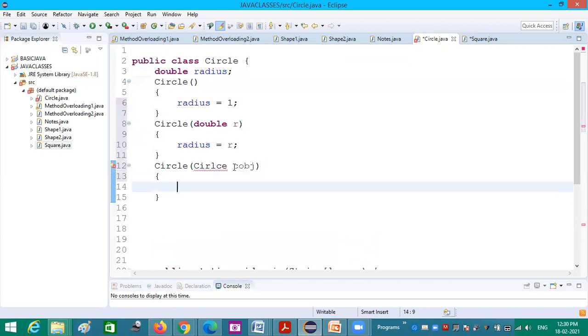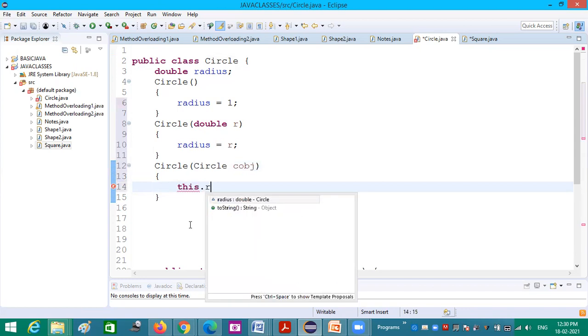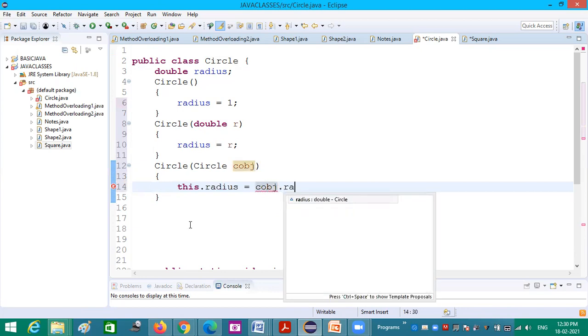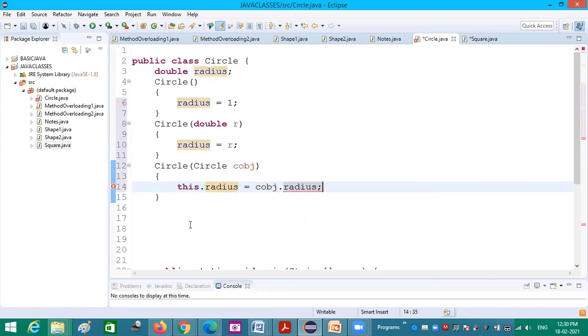This circle object will have its own radius value, and that I am assigning here. That value is used to assign the value for this radius. So to distinguish, I am writing this.radius = cObj.radius, the value passed as an argument to this constructor.